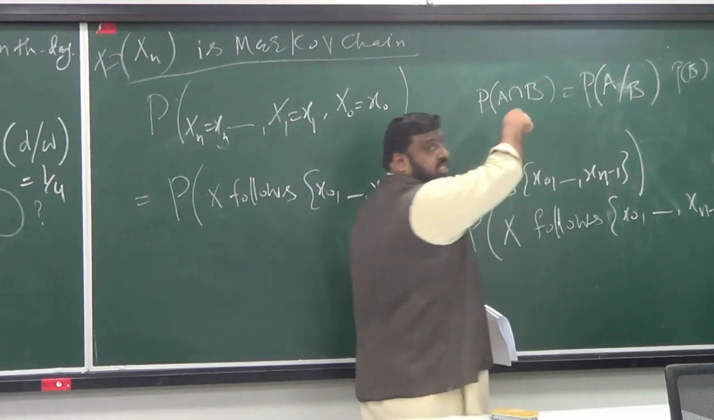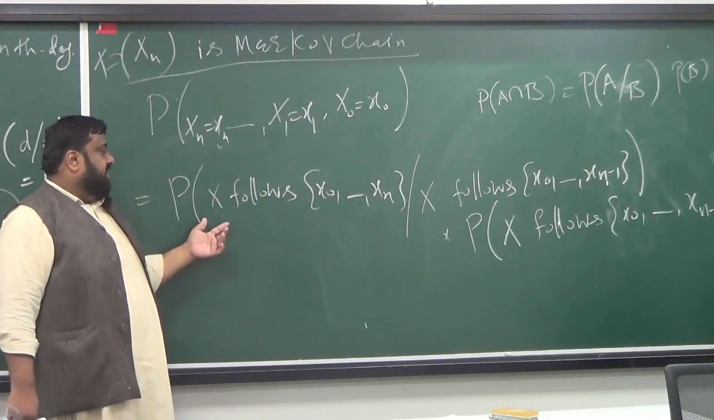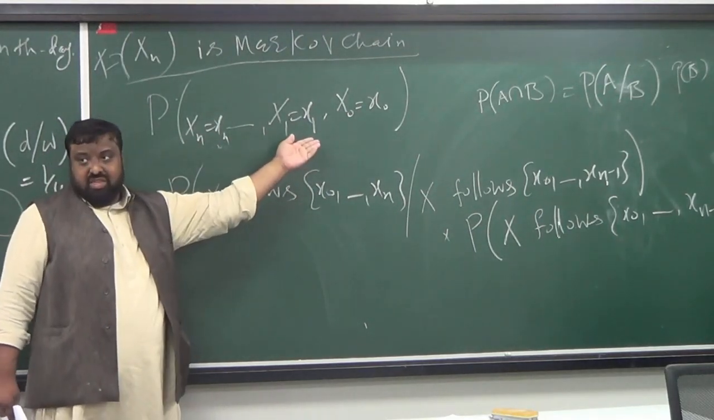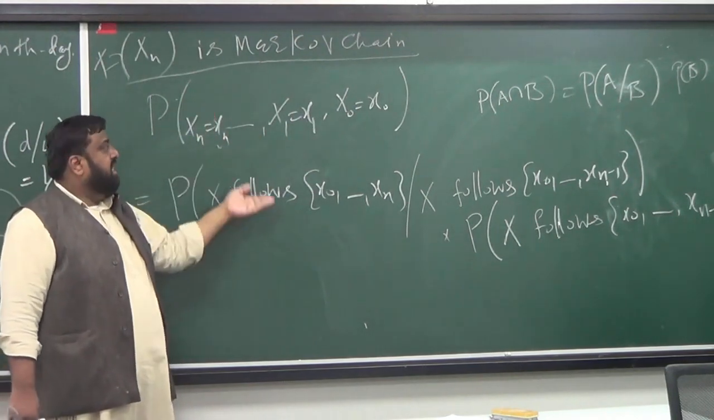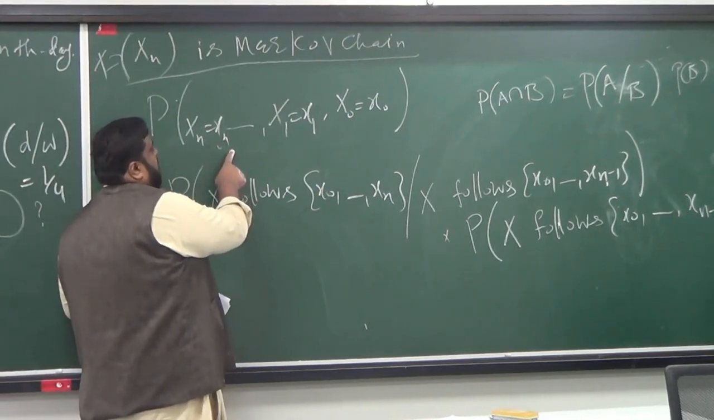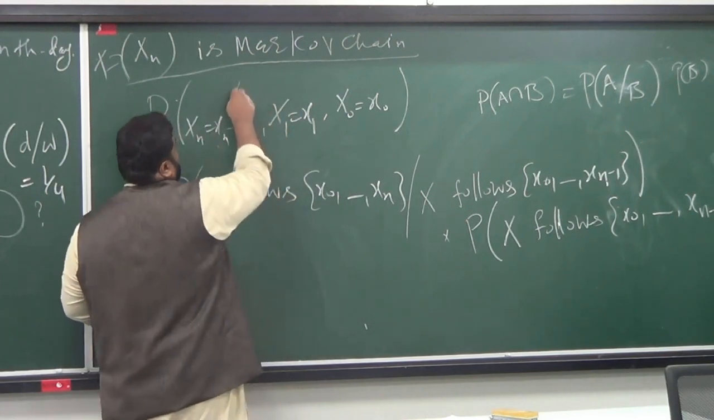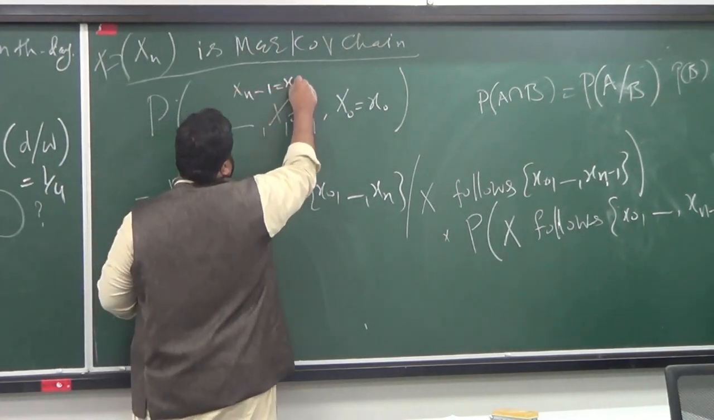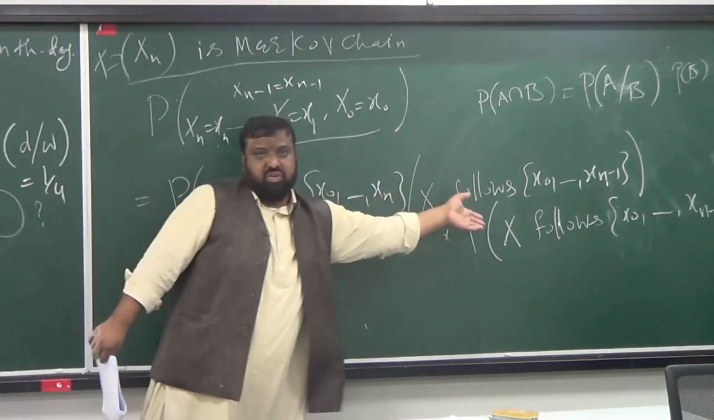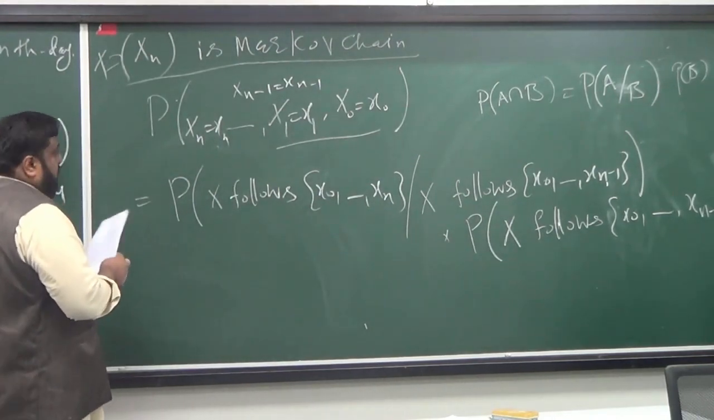You see what I'm doing, basically. When I'm saying X follows X naught to Xn, I mean this. And I'm saying that the probability that this will happen is equal to the probability that this will happen given that up to Xn minus 1 this has happened, multiplied by the